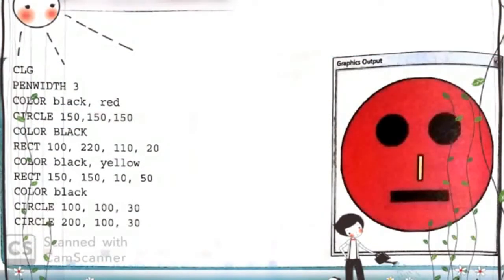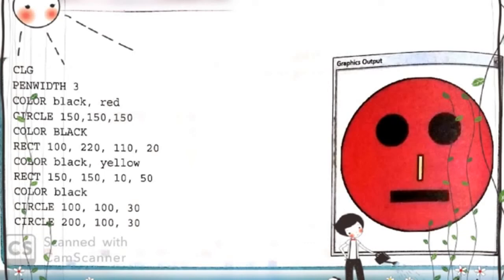The pen width 3, color black, red, circle 150, 150, 150, slightly change, and again the color statement is used and then circle statements are used. So here total 3 circle statements are used, two circles for the two eyes and one circle, the first one, is used for the face.